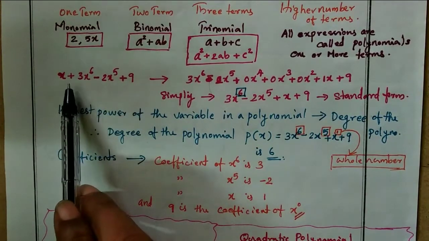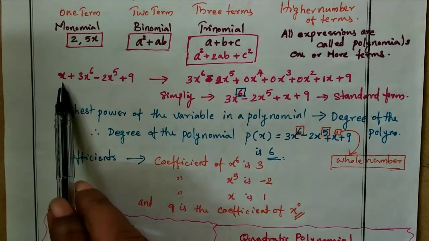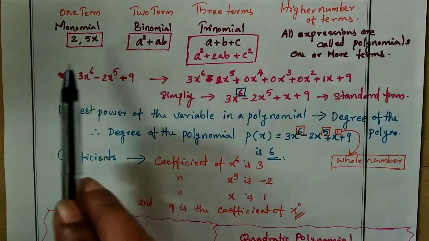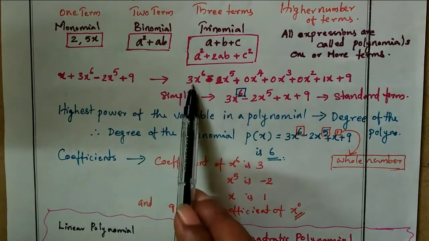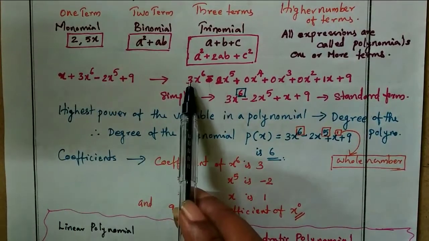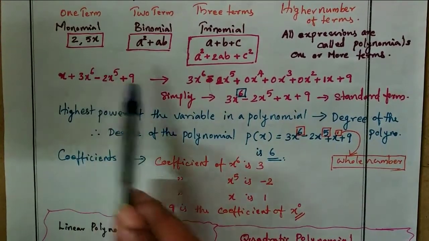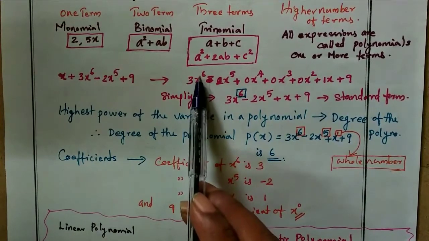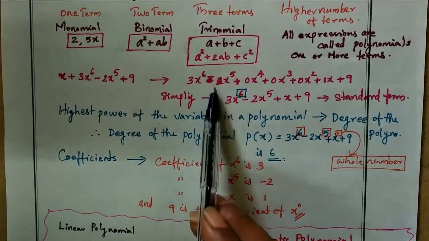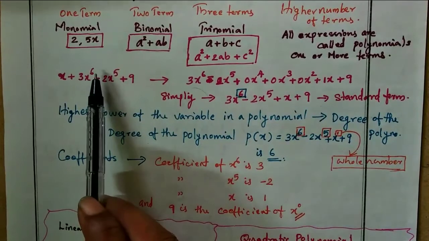So this polynomial contains only one variable. Polynomial in one variable. So x is the only variable here. At that time we have to rearrange this polynomial this way. See, take the highest power term. Which is the highest term? 3x raised to 6. This is the highest power, 6. So we write 3x raised to 6. Then the next term, that is x raised to 5 minus 2x raised to 5. Next, here we have 4.